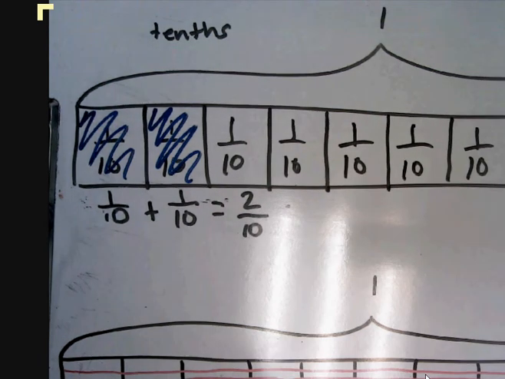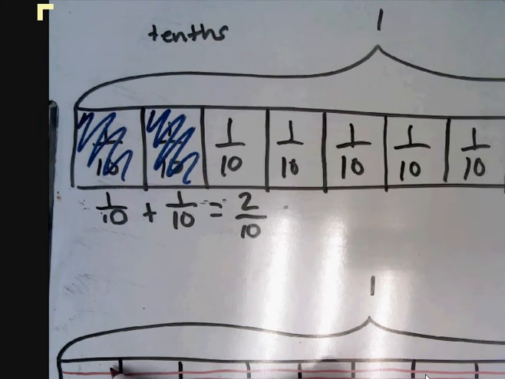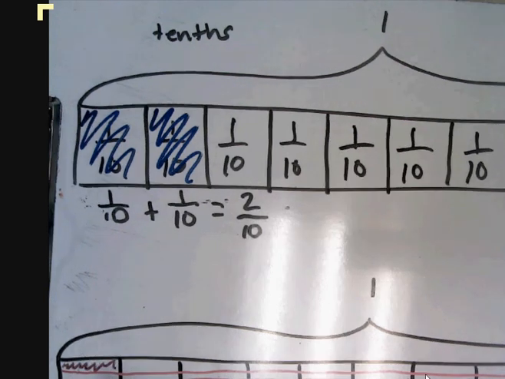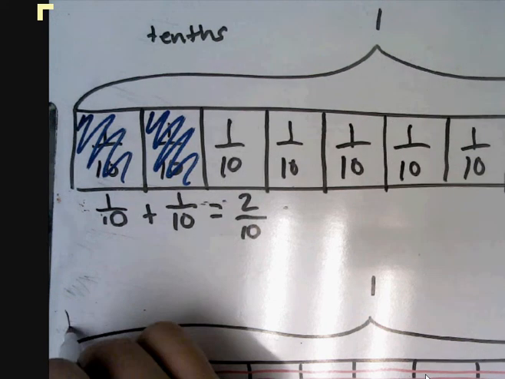Now, even though I have more parts that equal my whole number, look what's happening to the size of one of those parts. It is getting smaller. So the more parts we divide up our 1 into, the smaller they become. So this right here is showing